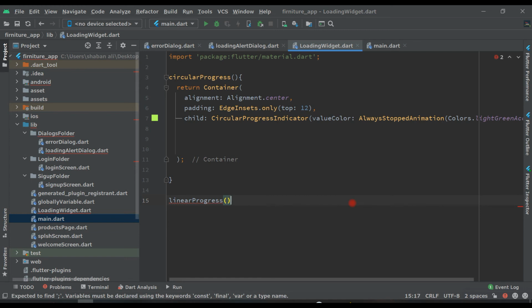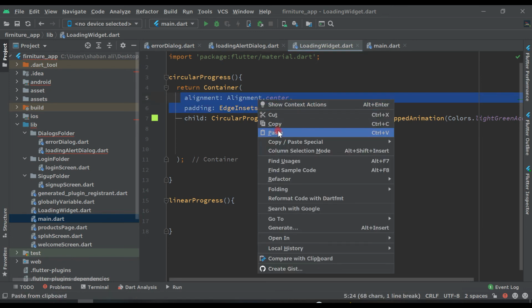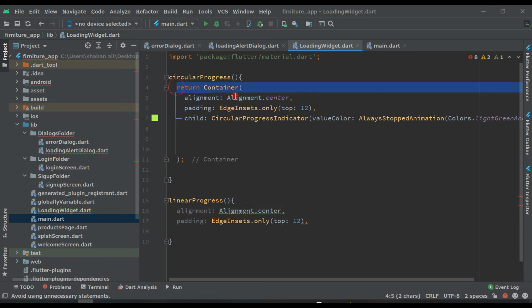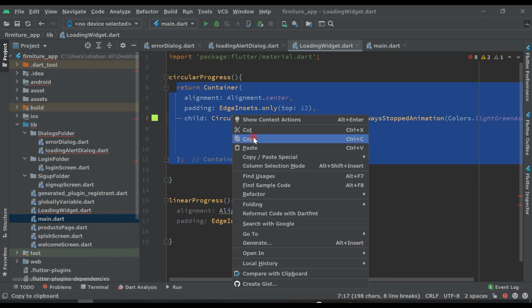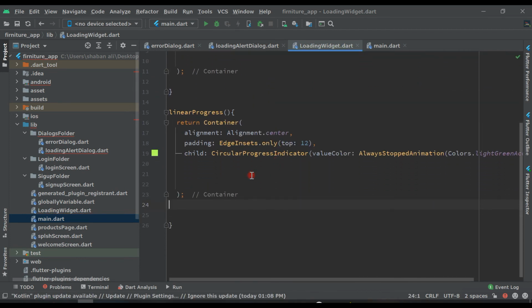The same things here: just copy these two lines and paste them inside. Sorry, return container: copy all these things from the return container and paste here, and change this one.